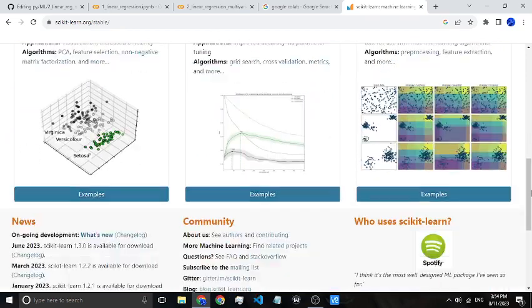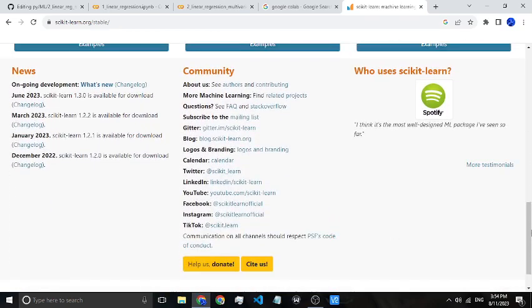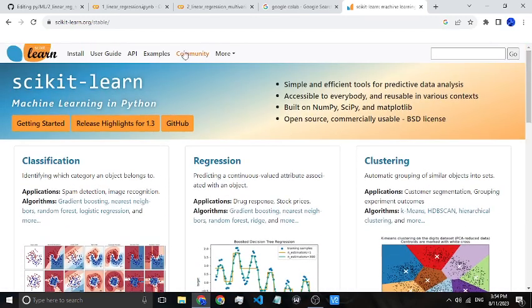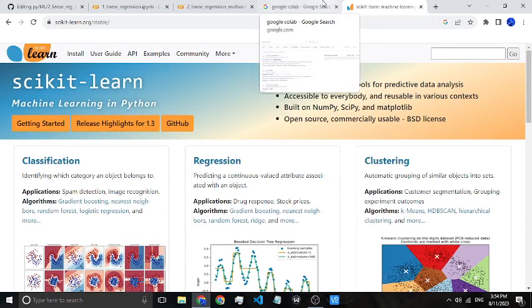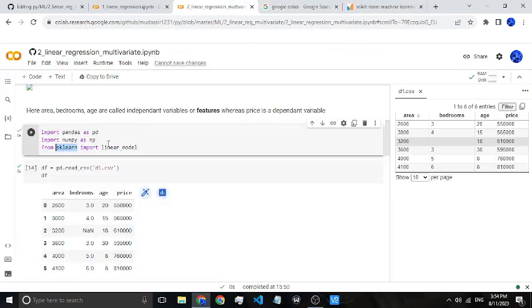We have different algorithms like linear regression, as we saw, and logistic regression. We have decision tree, random forest, NLP and other algorithms. Here we are looking at the linear regression for multiple variables algorithm. So let me get back here. We are importing linear model,